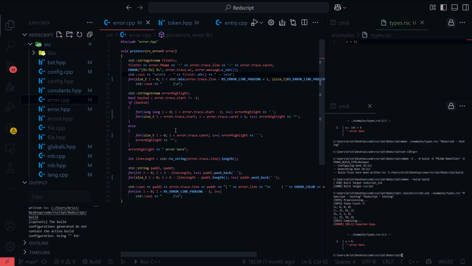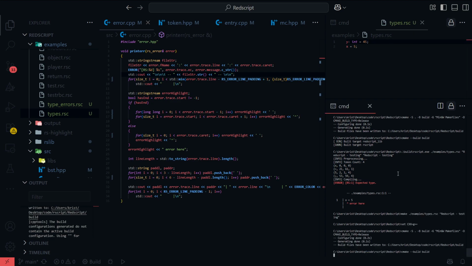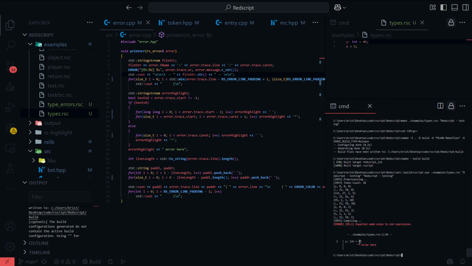Here's my error function where it prints the line. If I made this the second line, is it going to compile fine? No, see, everything's off center by expected semicolon to end expression. See, it's a bit strange there.